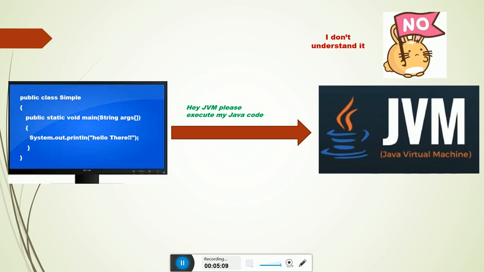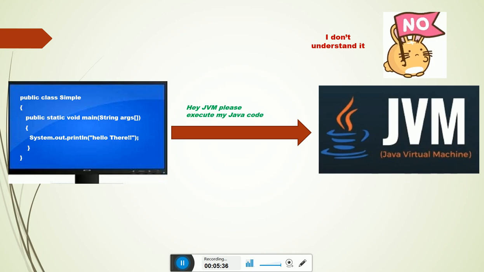But why? As I said before, JVM or interpreter doesn't understand our code created in English statements. It needs the binary version of the code, which is also called machine code.